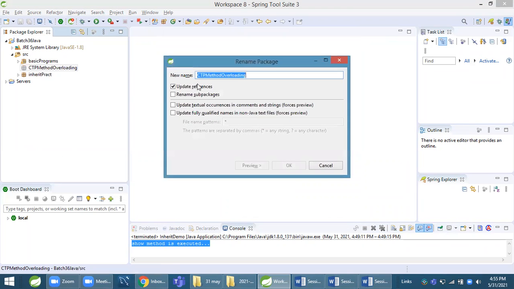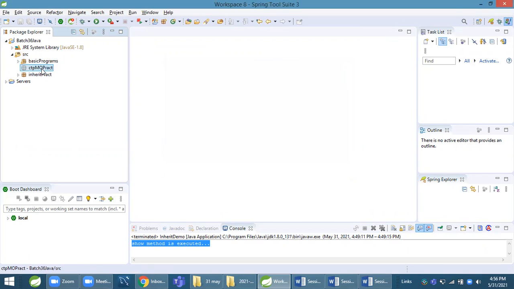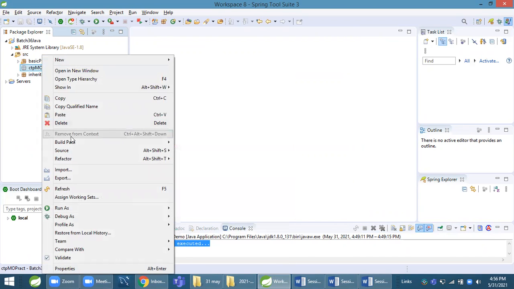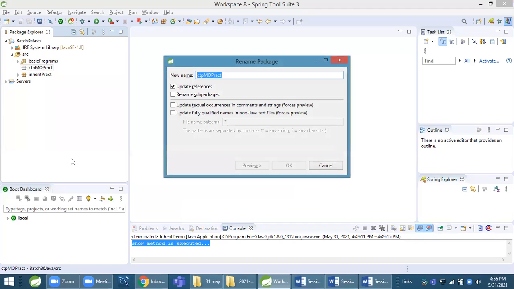I must keep the package name small, so I will make it CTP, small letters. CTP method overloading pack. This is the package name. Click OK. This is our package name.